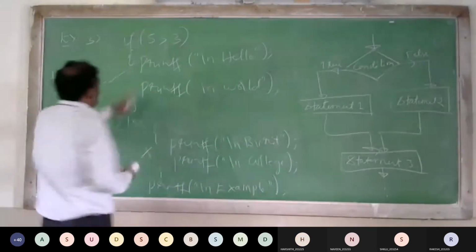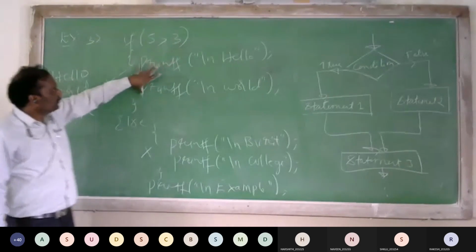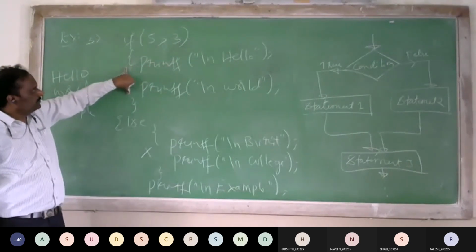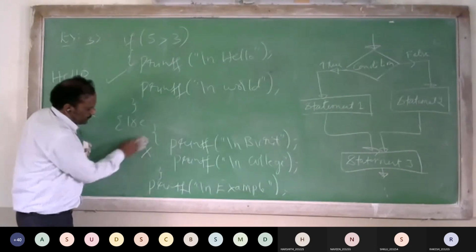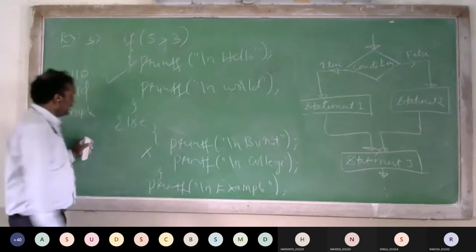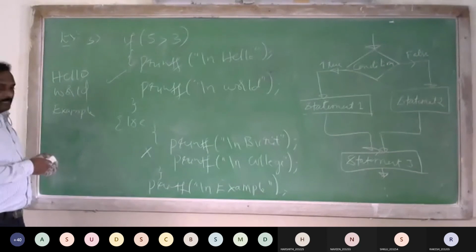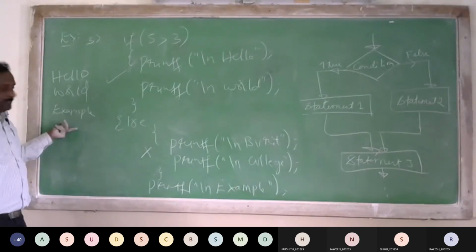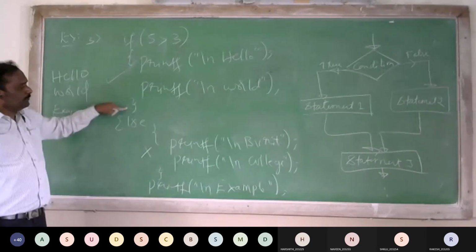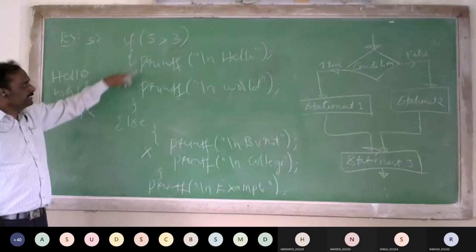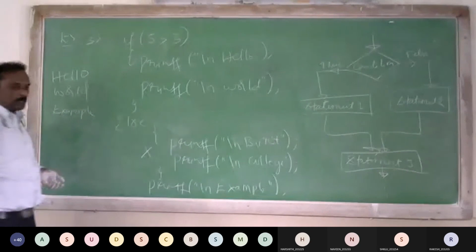Now, here if we write inside the braces, then we say that the condition is true, this block, this set of statements, is executed. So printing hello world is executed. The else I have written inside the block, so this else block is not executed. The control will come here directly. It will print example. Cleared, everybody? So if you want to write more than one statement, then you have to use flower braces, and write those statements inside the braces. The braces are called a block.